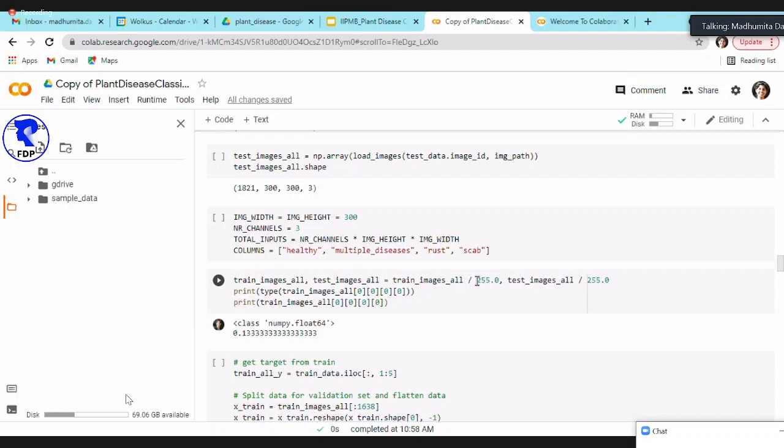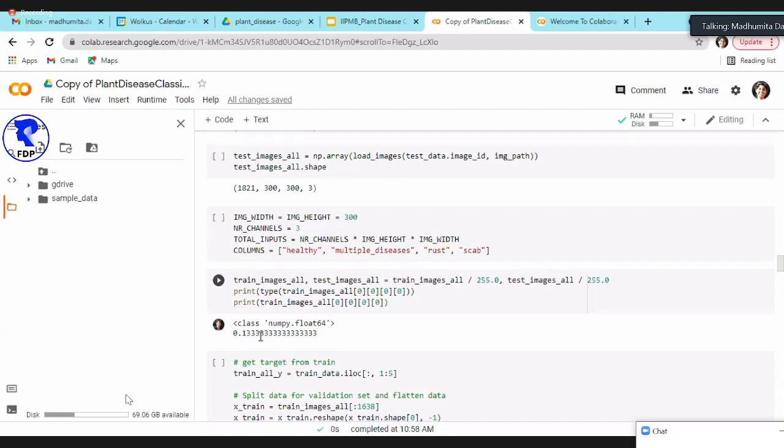What it does is reduce all the pixel values to between 0 and 1. That way, a feature will get a weightage based on its importance in predicting the output, not because it has been taken in different lighting or all that. If you run this, it will show you a sample, for the train image, the first value of the first array of the first row of the first column of the first channel, and it will show you a value of 0.13, and all your array values will be between 0 and 1.